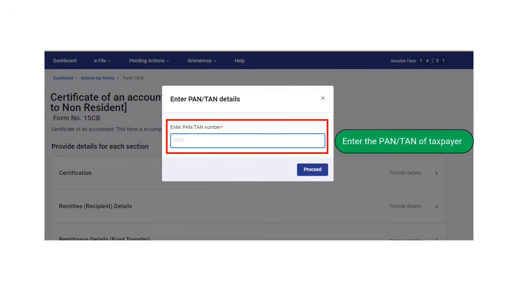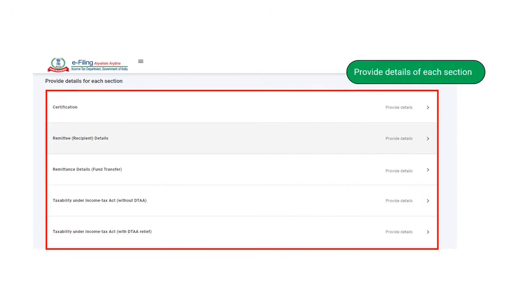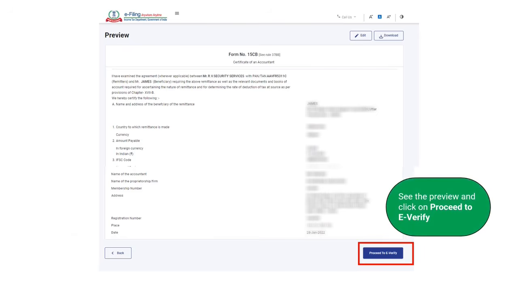The chartered accountant is required to enter the PAN or TAN details of the taxpayer and then provide details of each section, which includes certification, remedy details, remittance details, and taxability under the Income Tax Act with or without DTAA relief. The chartered accountant can see the preview and click on Proceed to e-verify.